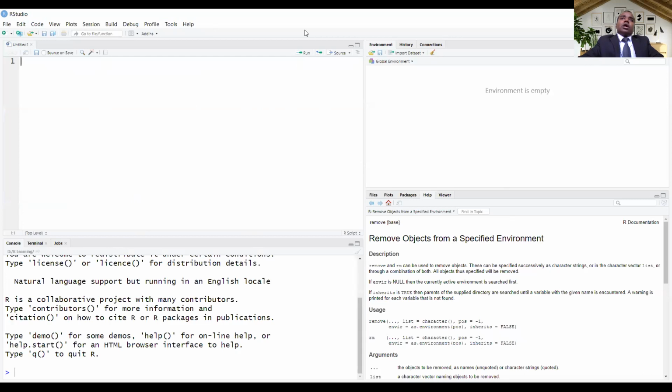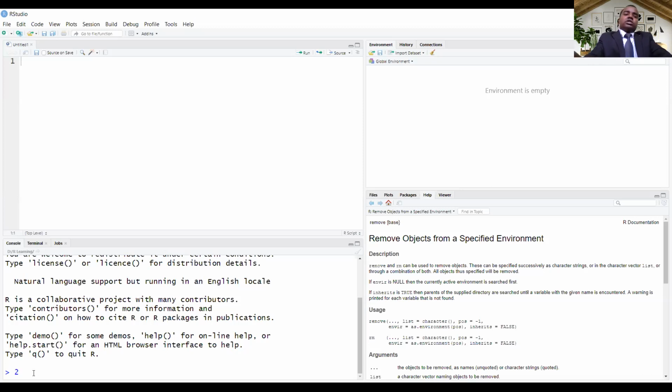The second one is your R console, and the third one is your global environment, where you basically see the objects and history. The fourth one is where you see your plots or files.